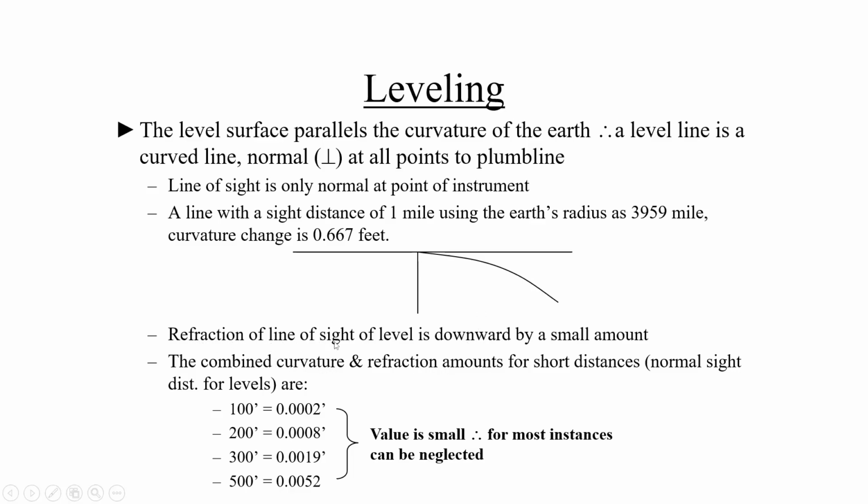Refraction of the line of sight of a level is downward by a small amount. What does refraction mean? Refraction is an optical effect: the line of sight has slightly changed its direction because of refraction. Refraction is caused by temperature differences